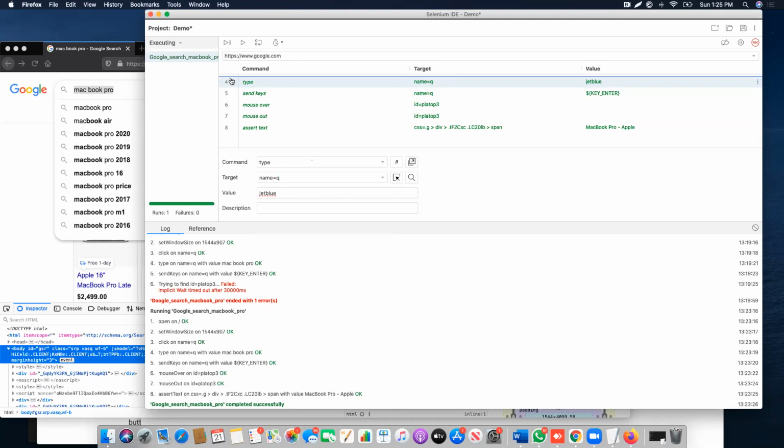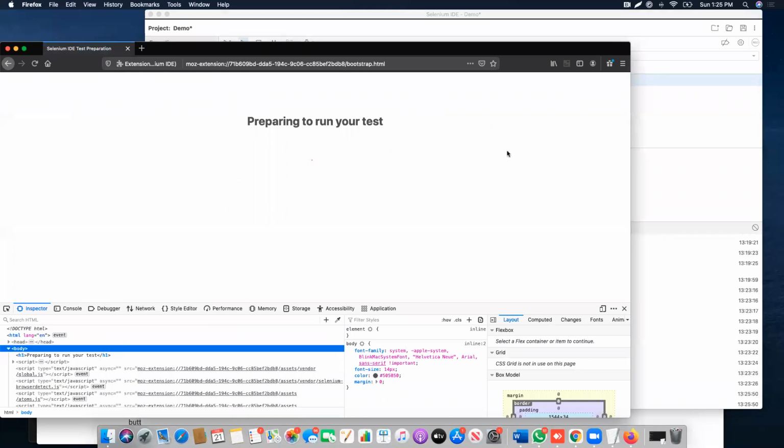Give me a line number. We've got 4 to 8. Which line is going to fail right now? Line number 8, right? Yes, just because you're asserting for a text, you're saying I should be seeing this text. If you're searching for JetBlue, should you be seeing MacBook Pro? That's my question. If you do see it, that means your application is broken, or Google engineers need to be investigating this because that shouldn't be the case. If you are searching for JetBlue and then you're saying I should be seeing Apple, obviously it's going to fail. So let's see it fail, and then we go ahead and